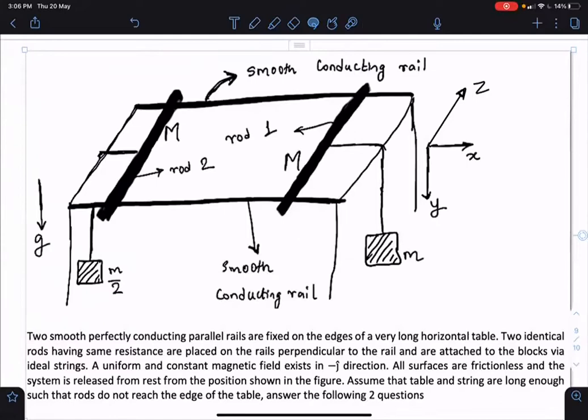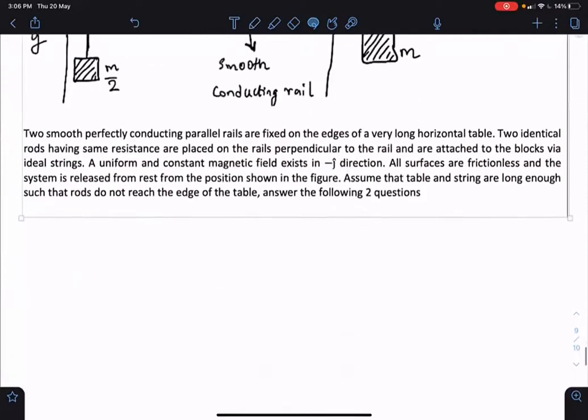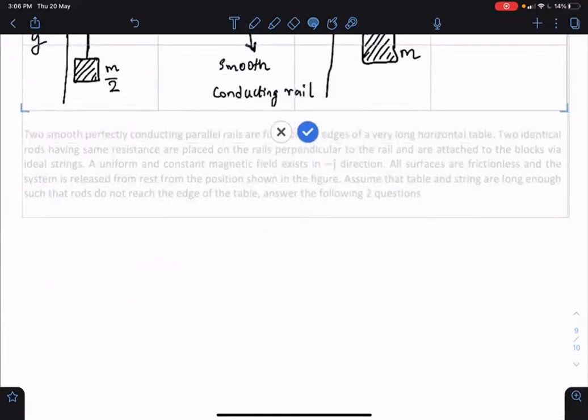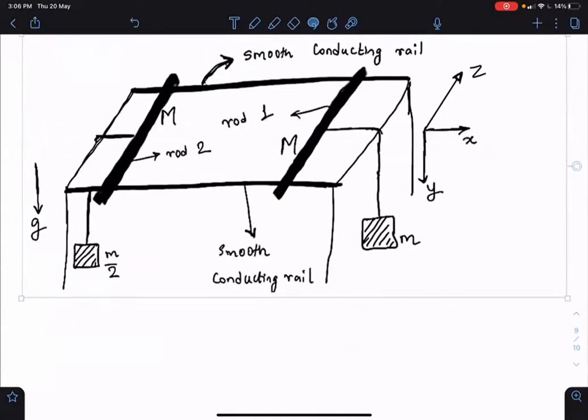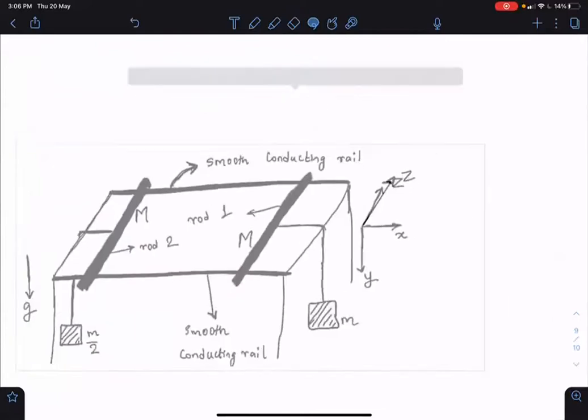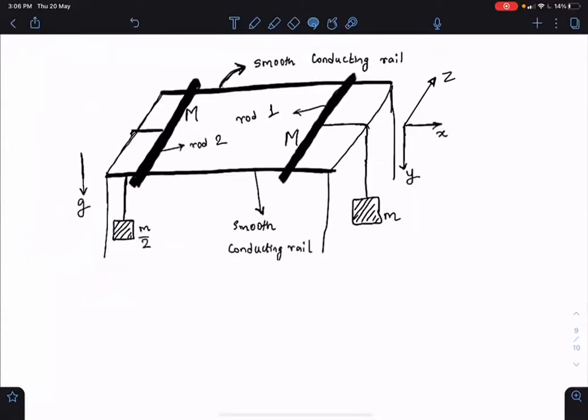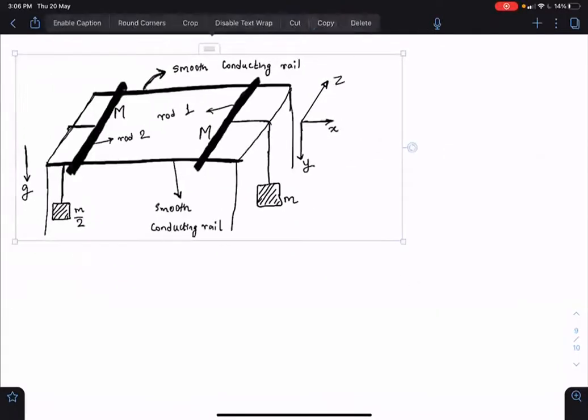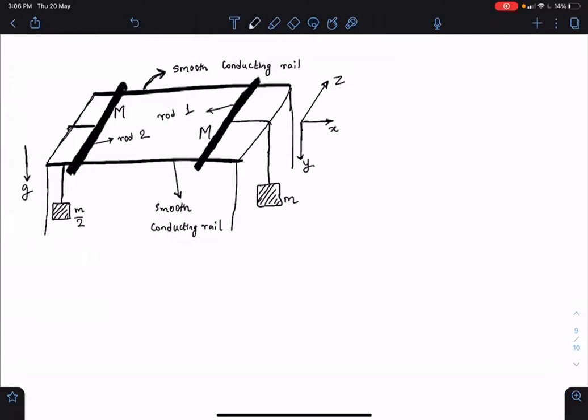Sir. Yeah, can you tell, like at some instant, ILB will be greater than mg by 2 or less than mg, sir? Let me first simplify the things. So one simplification which you can do is